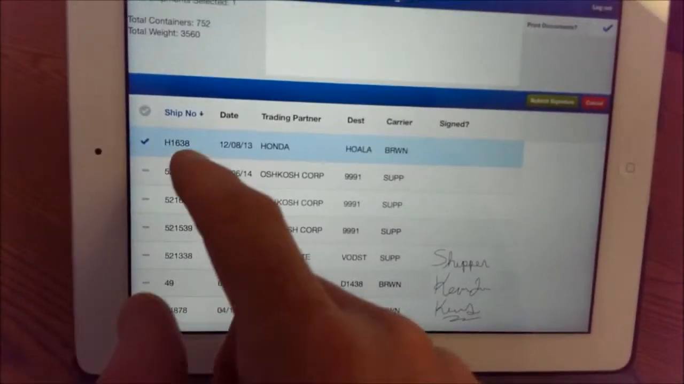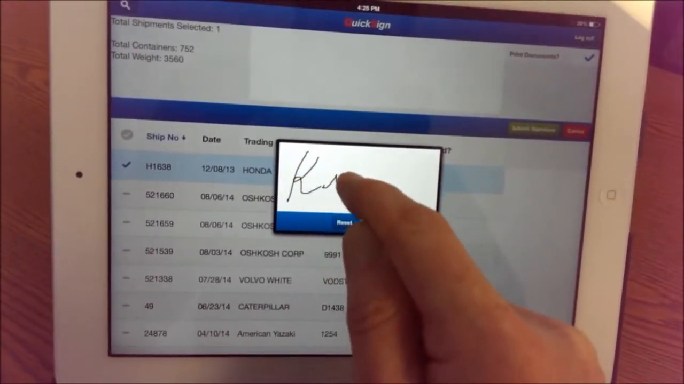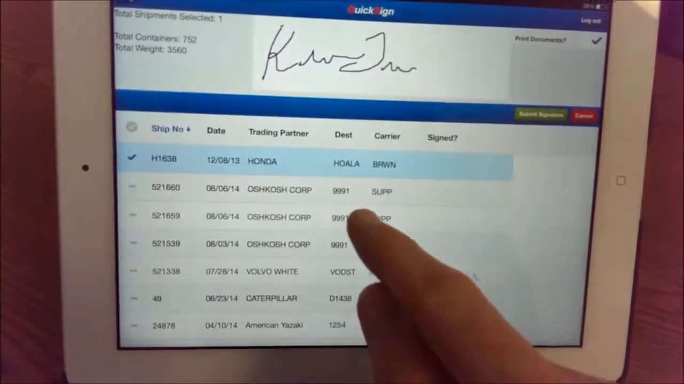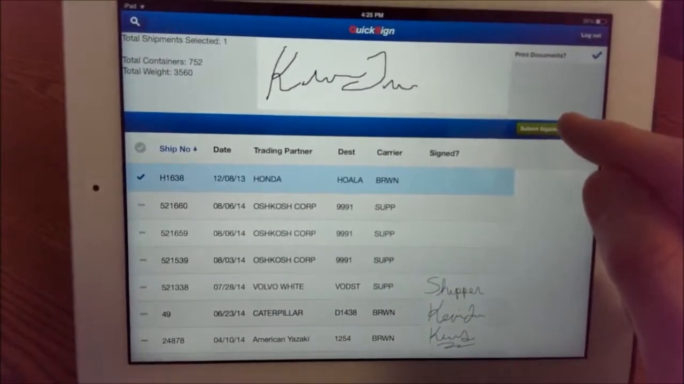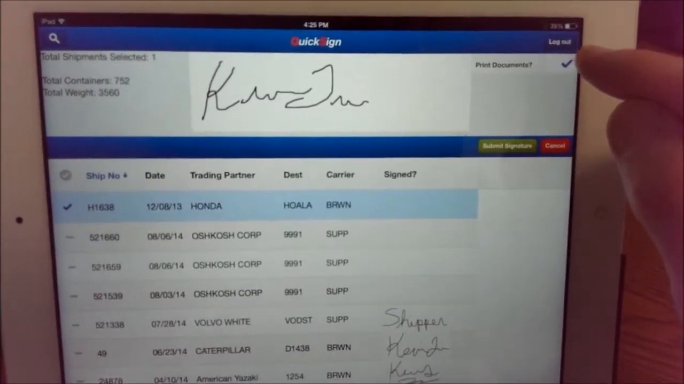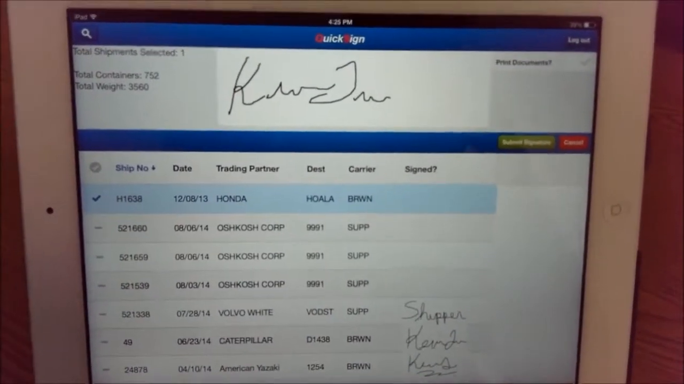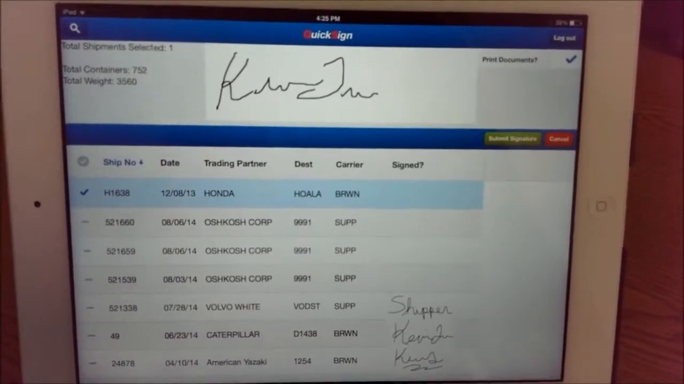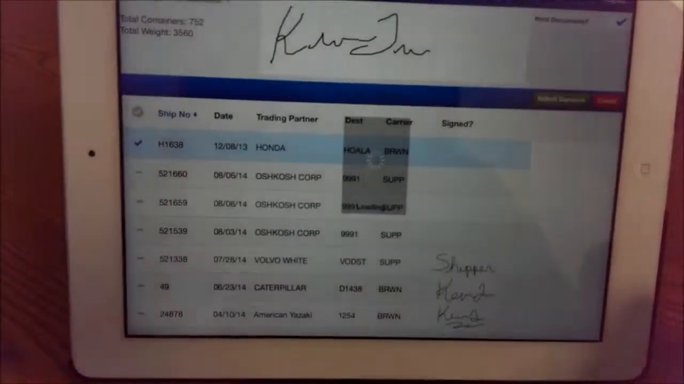But once you select a couple shipments, you tap here to sign. It brings up a little signature window. I'm sure you'll probably have a stylus or something. To accept the signature, you do that. Right here, if you're happy with what you've done, you're going to submit your signature. You also have the option up here with the print documents. What this does is by unchecking that, it will just store the signature with the shipment. By checking it, it will store the signature with the shipment as well as submit the printing documents for printing out of iCARaS. So if we submit that,